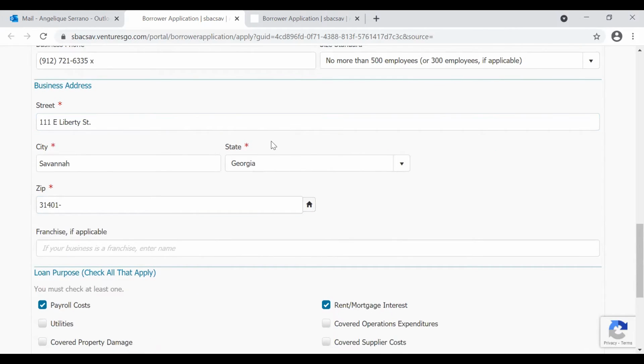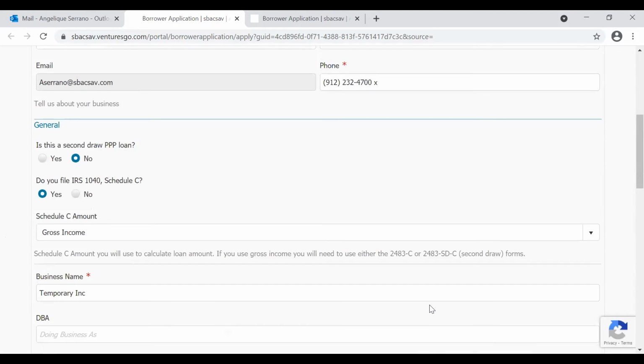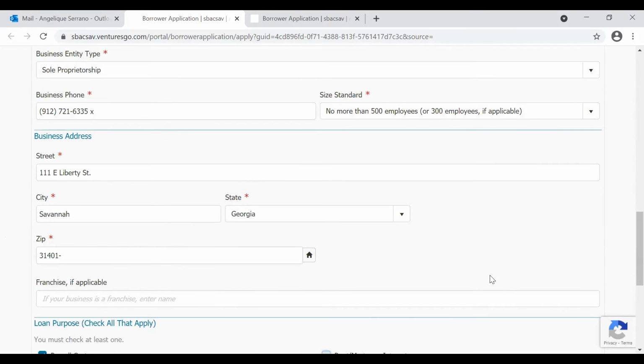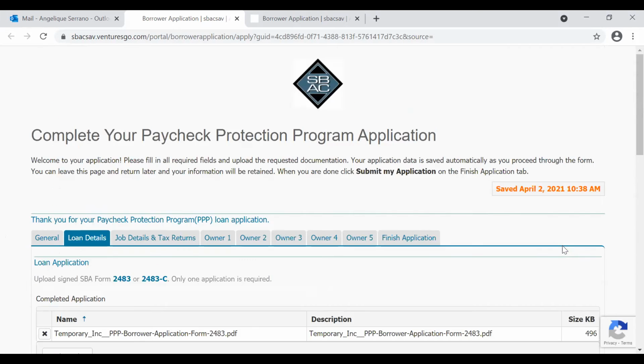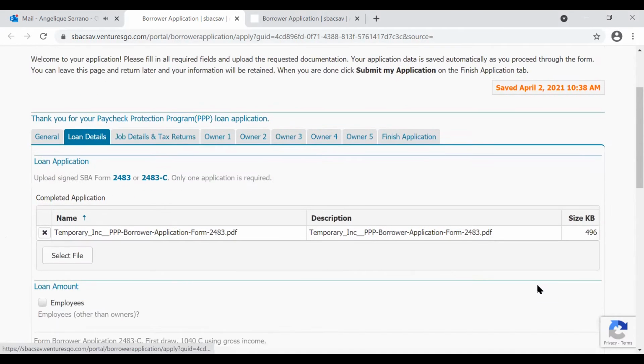And then lastly, you'll just put your business address, and you're going to check off what you believe you'll be using the PPP loan for. So since we are just a sole proprietorship, we'll want to make sure that we're using majority of it towards payroll costs for ourselves. And so I'll just select payroll costs. And once you're finished filling out the first page, you can click next, and it'll take you to loan details